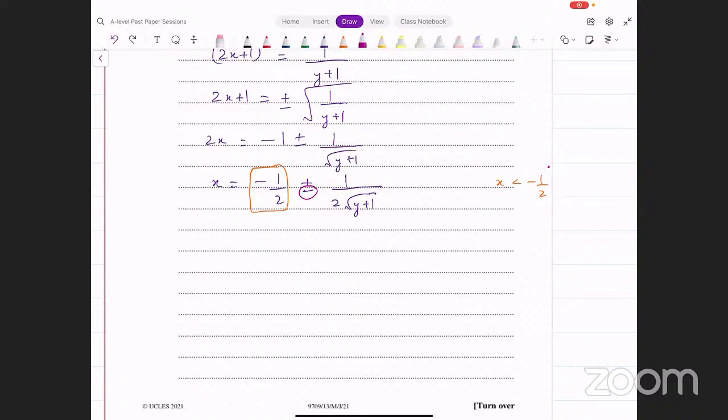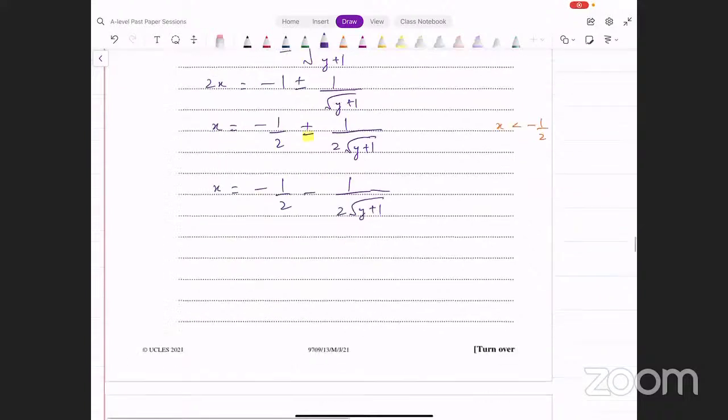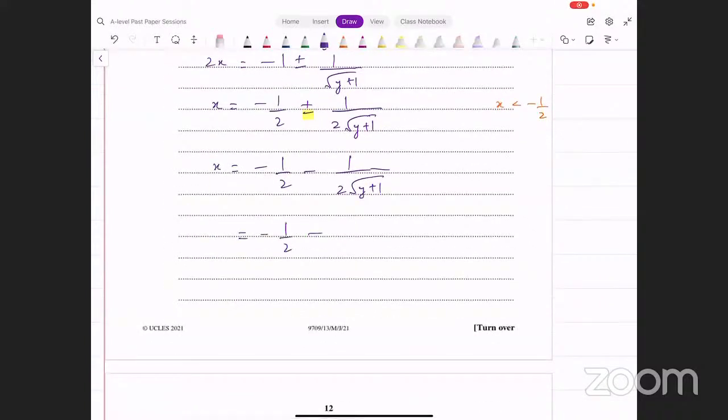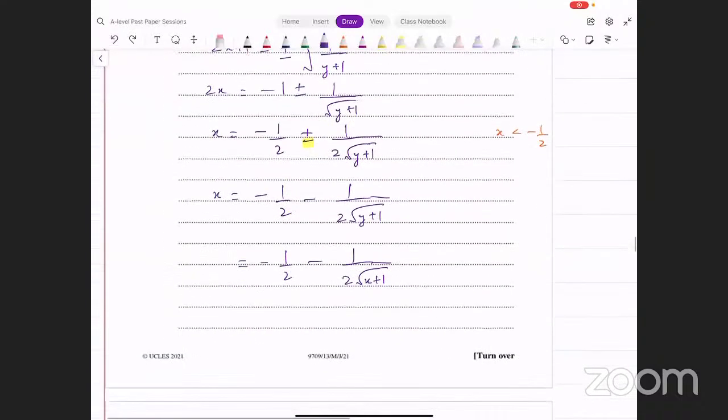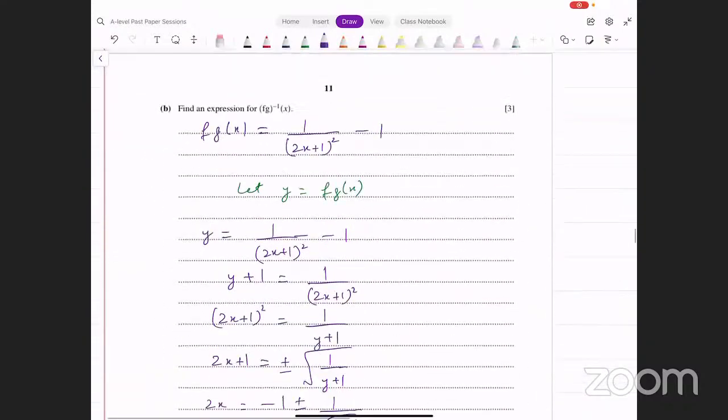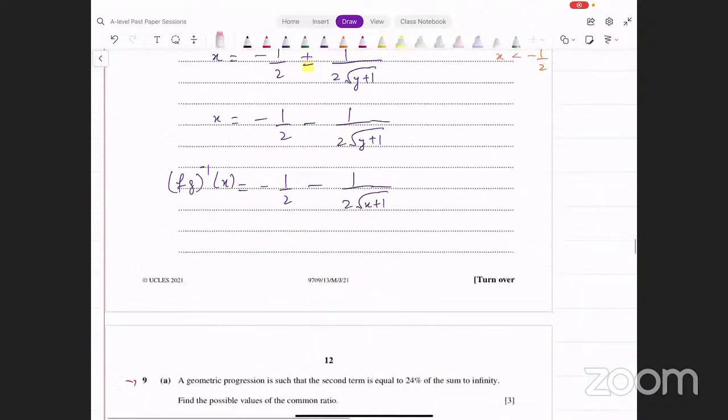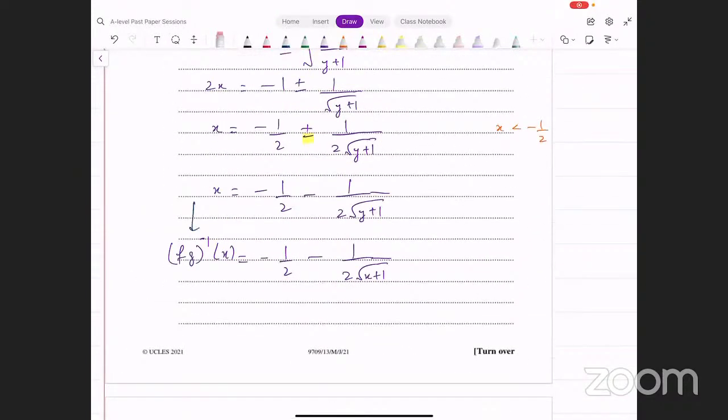तो हम क्या करेंगे यहाँ पे, हम माइनस साइन यूज करेंगे। हम कहेंगे x is actually -1/2 माइनस 1 over 2 स्क्वायर रूट ऑफ y प्लस 1। अब इसको इनवर्स वाली फॉर्म के अंदर लिख दें, राइट साइड पे x पे कन्वर्ट कर दें उसको, और लेफ्ट साइड पे आप इनवर्स वाली नोटेशन लिख दें। लेकिन इनवर्स किसका है, अब इनवर्स है फंक्शन एफ जी का। सो वी आर गोइंग टू राइट दिस लाइक दिस, एफ जी का इनवर्स विद रिस्पेक्ट टू एक्स। इस तरह उसने क्वेश्चन के अंदर लिखा हुआ है यहाँ पे, ये नोटेशन आपने एंड पे जाके एक्स को उससे रिप्लेस कर दिया, और राइट साइड पे आपने y की जगह पे x कर दिया। दिस इज योर इनवर्स फंक्शन, दिस इज द इनवर्स फंक्शन।